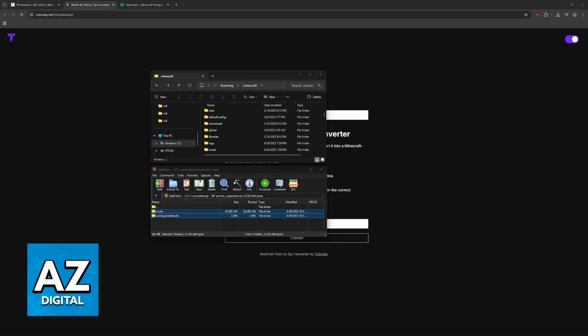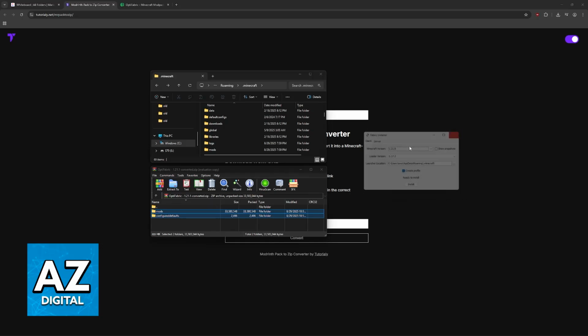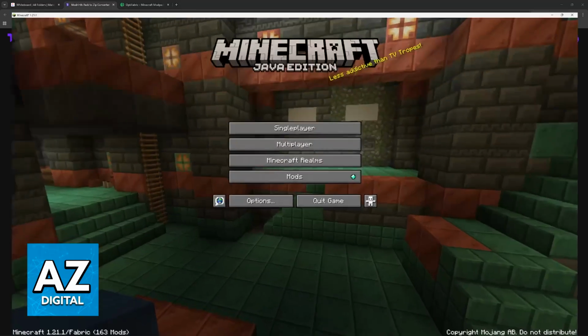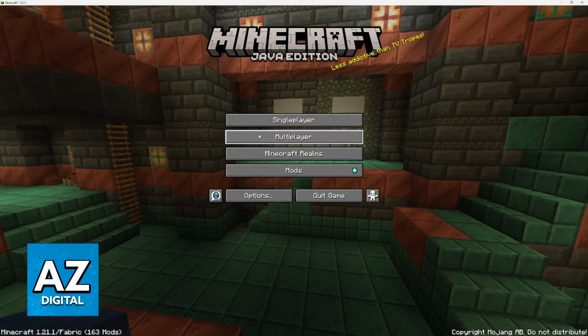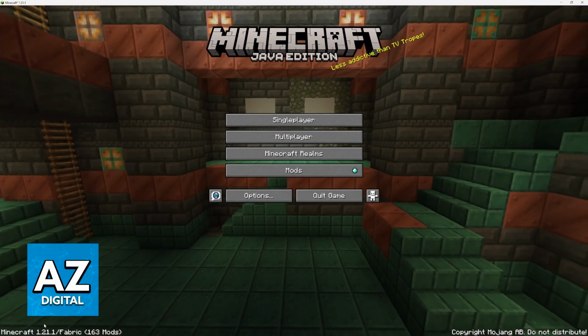If you still need to install Fabric, then you will go over to the Fabric website and choose the option to download the installer. When you open it for the first time, it's going to look like this. You choose the Minecraft version, run the game once to make sure that it is working, and then you do these steps that I described of dragging and dropping the folders from the converted zip using this website into .minecraft. And once you go inside, you will have all of the performance enhancement features from Optifine alongside Fabric.